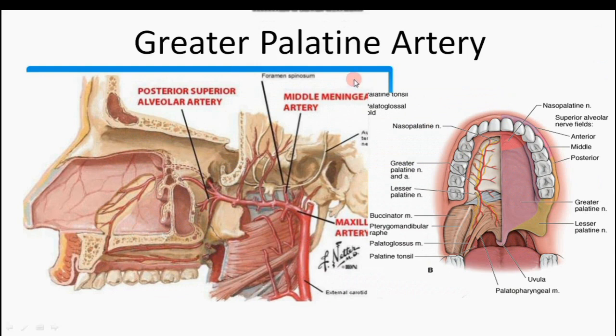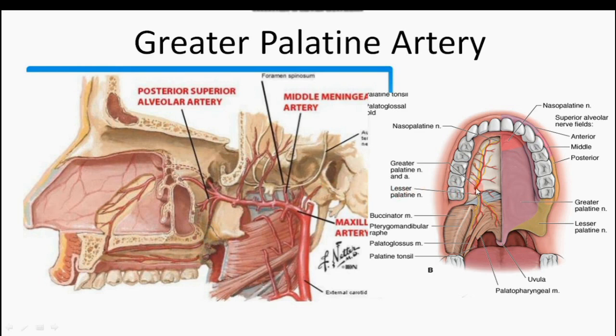Now, greater palatine artery. You can see the greater palatine artery here. This one is the greater palatine artery. It passes from the greater palatine canal, and in a short course of run in